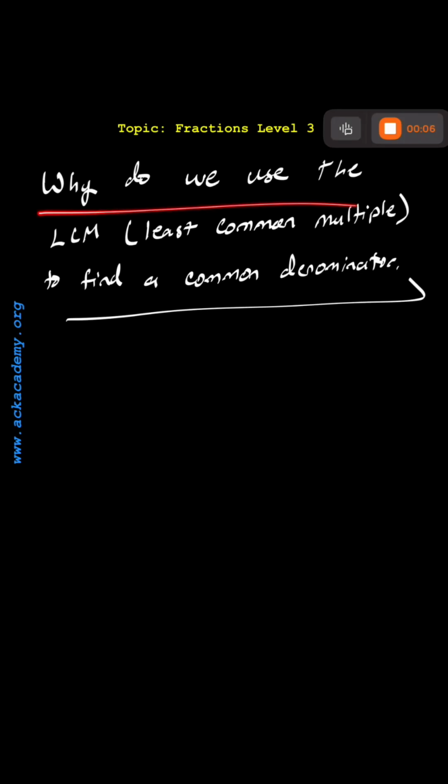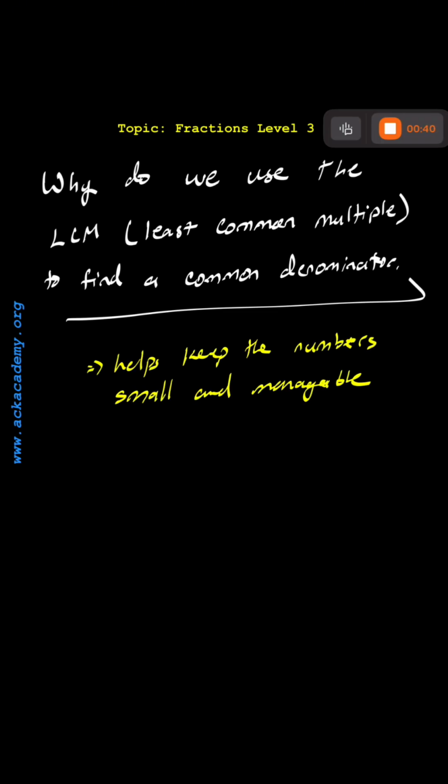Why do we use the LCM, least common multiple, to find a common denominator? So what's the point of doing the LCM? Well, the point is that it helps us keep the numbers small and manageable. Now this might not seem like a big deal at first, but let me show you an example of why